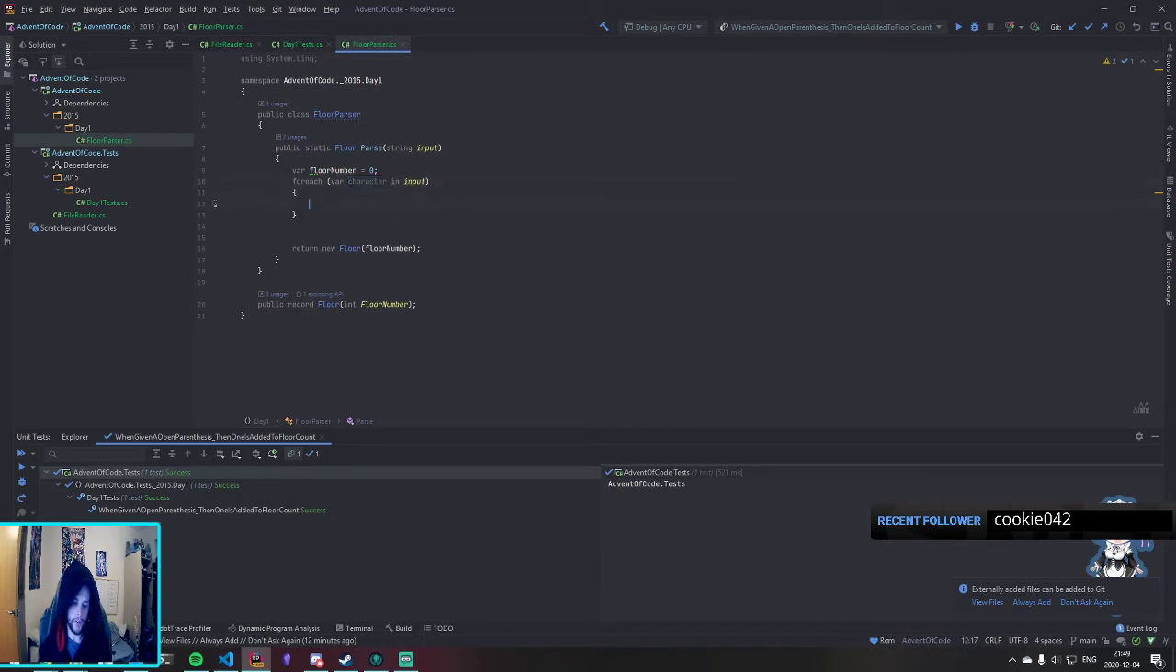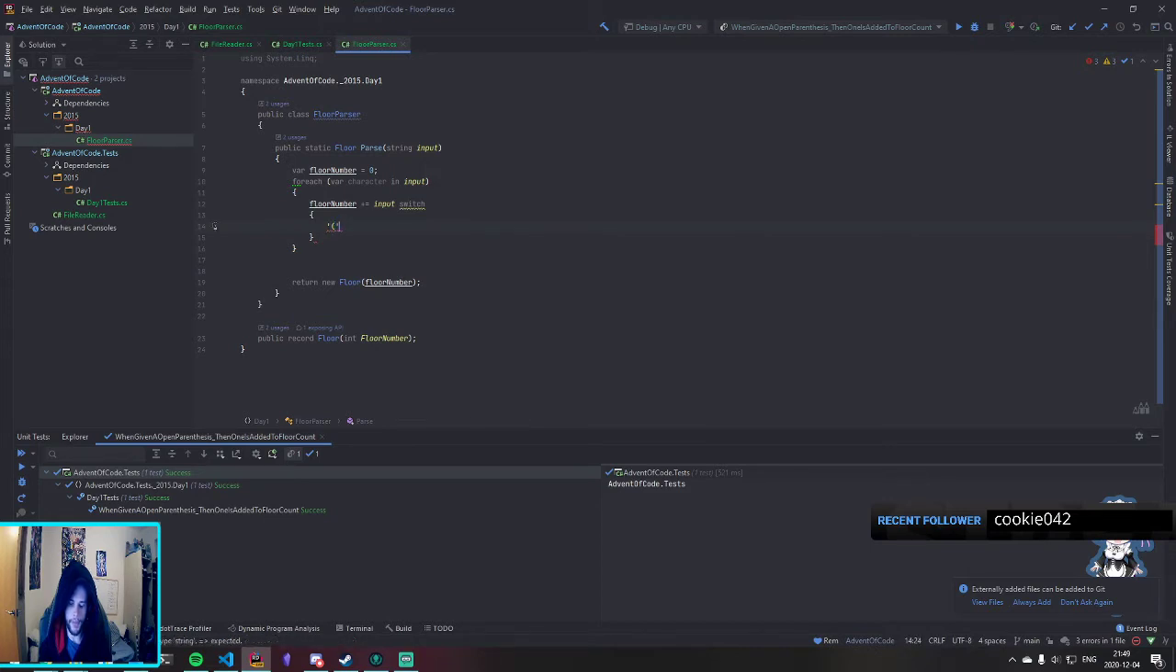Character, and then we can say floor number plus equals input switch, which is kind of a new C# thing. And then if it is an open parenthesis, then it's add 1. If it's a closed parenthesis, then it is -1. And then in the default state,